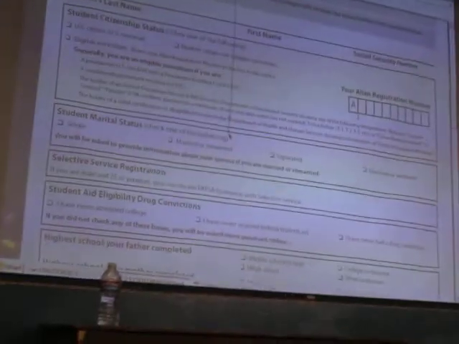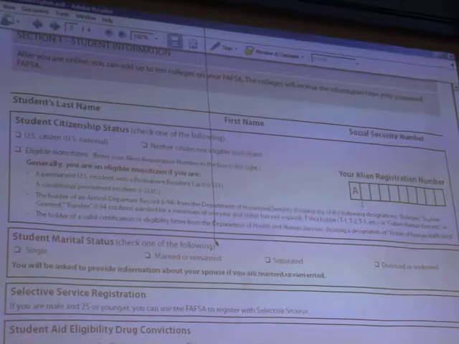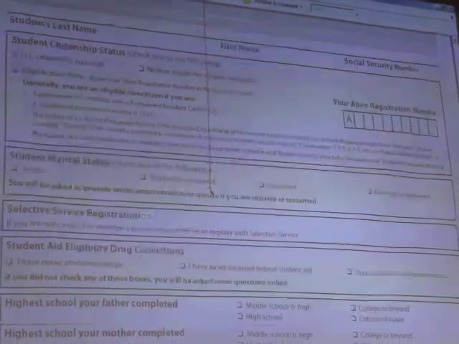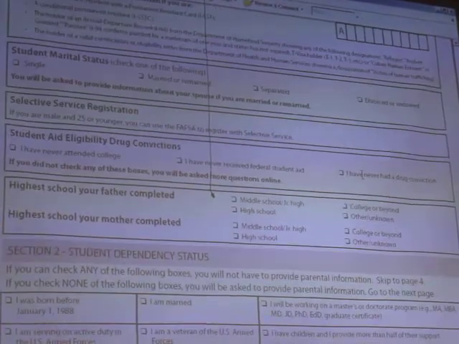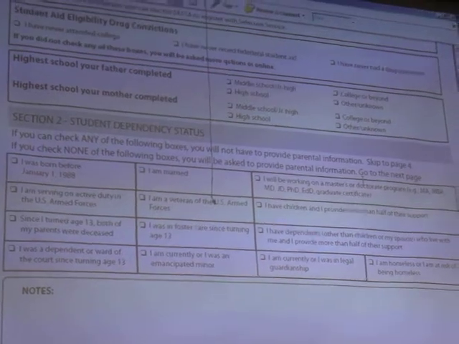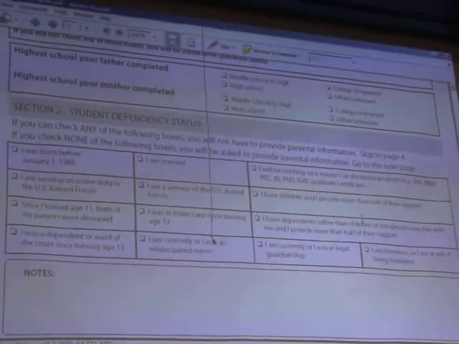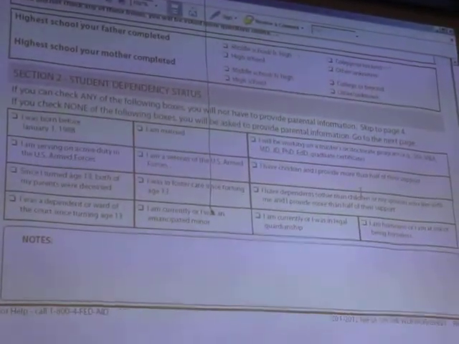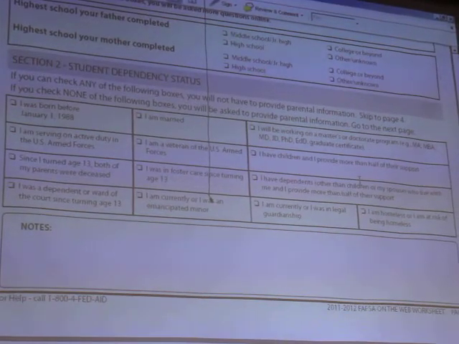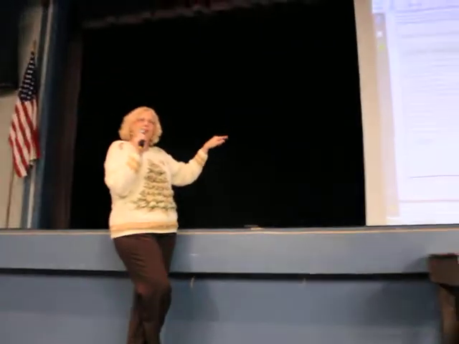Go through, we're going to see students' information. Scroll down, keep going. Student dependency status. This is what determines whether a student has to provide parents' income information or not. So until they can check one of those boxes or basically answer it yes, parents' information is going to be